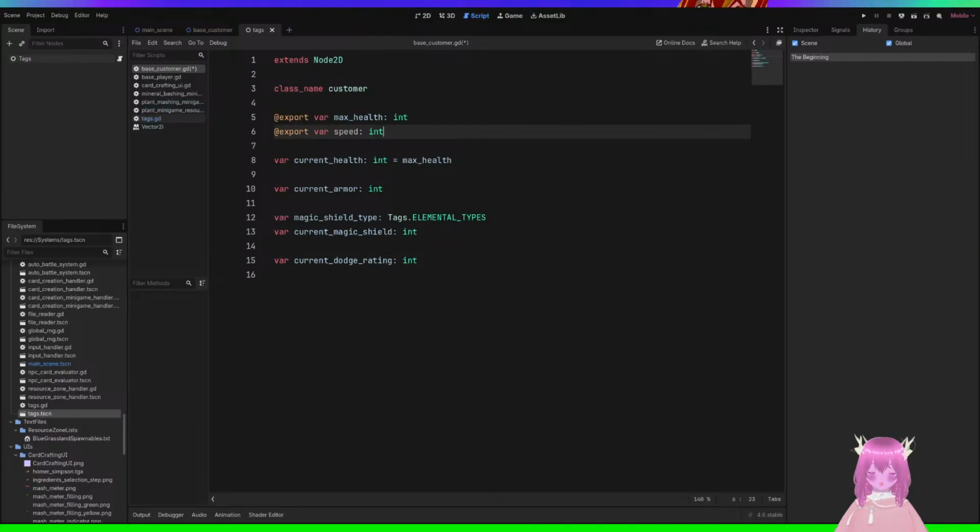Anyway, yeah, so I thought of something that I can do with speed. It doesn't just have to be like a check between you and the enemy. I think at certain speed tiers, I'm going to make the character attack more than once. As in, do more than one thing.